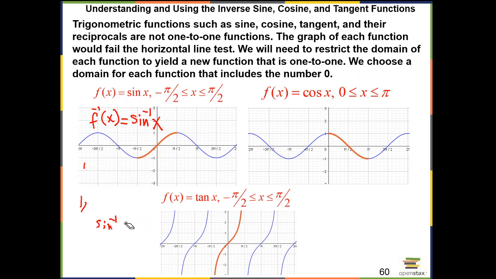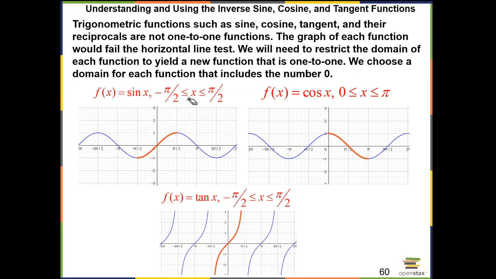So let's start with sine and cosine. Again, we're going to restrict the sine in this area from negative pi over 2 to pi over 2, including negative pi over 2 and pi over 2. For cosine, the restriction is from 0 to pi. And notice that from 0 to pi, cosine is always decreasing, so it's 1 to 1. And for tangent, also we see it's not 1 to 1,